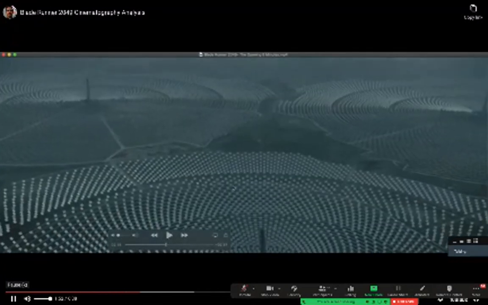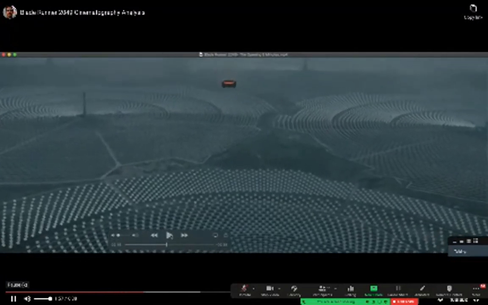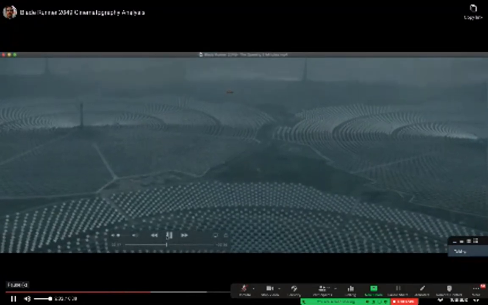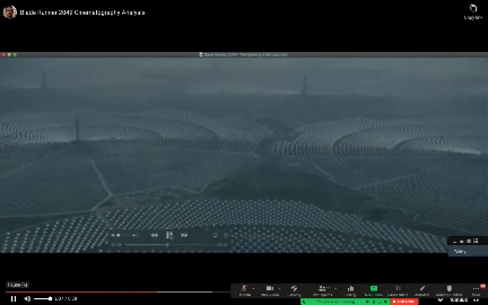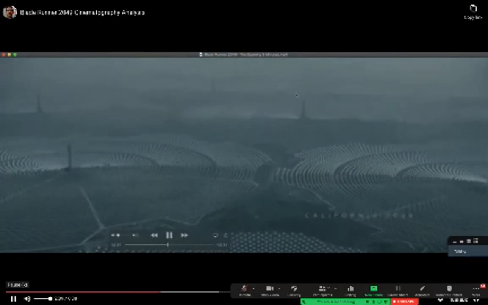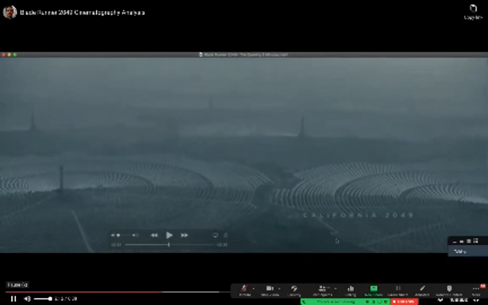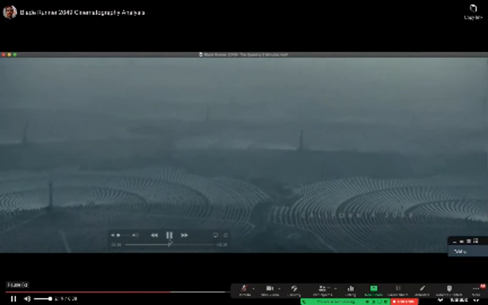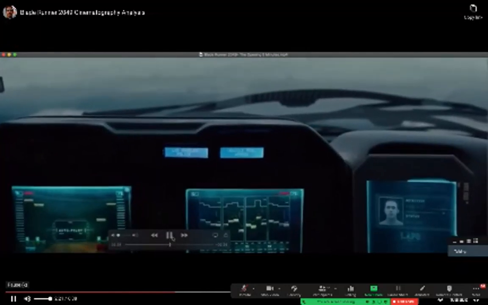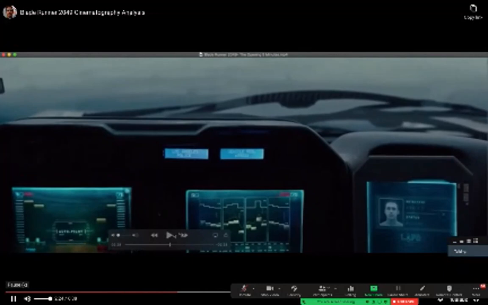which is really best revealed in this shot, this tilting up shot that's tilting to reveal not one, not two, not three, but 4 or 5. The skimmer flies over the top, and that's where you're getting a lot of the other shots from. Now 1, 2, 3, 4, 5, 6, 7. It continues to tilt up, and it kind of reveals a very smoggy, polluted-looking world, and it's California, 2049, which is revealed in text. And that shot really says a lot about the world, and a lot of this is all world building. The flying cars, the large-scale solar panels, the fog, it's all starting to paint a picture.